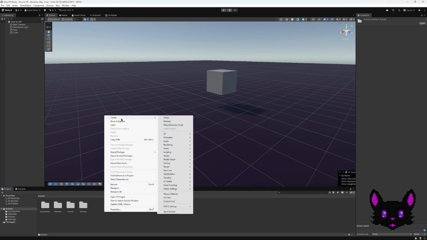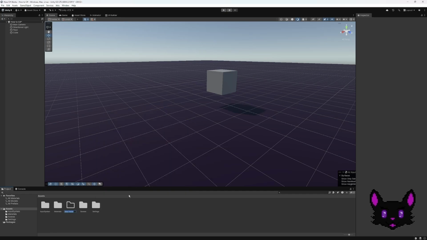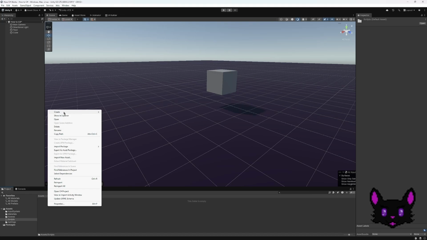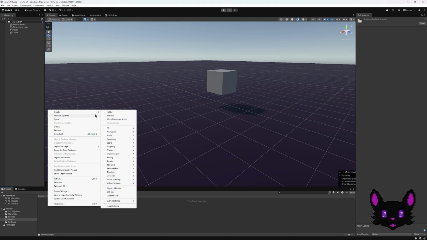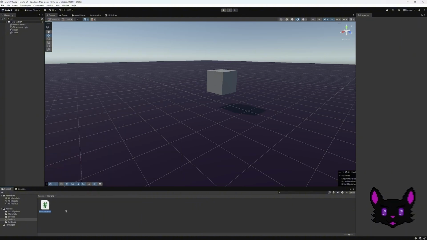Let's start by creating a new folder. We're going to call that folder scripts. This folder is going to be where we store all of our scripts for this current project. So let's go ahead and create a basic C# script. If you're just starting out in Unity, I recommend clicking the Mono Behavior Script option, and we're going to name